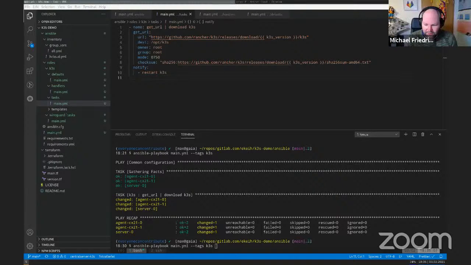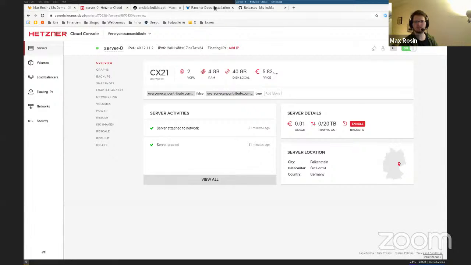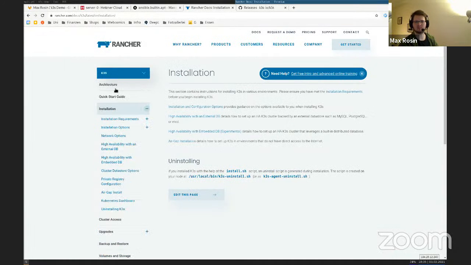I think we need a systemd service file now, or is it automatically created? No, that's one thing we will definitely do. Yes, we can do it in the next step, I think. Oh no, we can't because we need something for this. K3s, I think in the documentation there's probably some